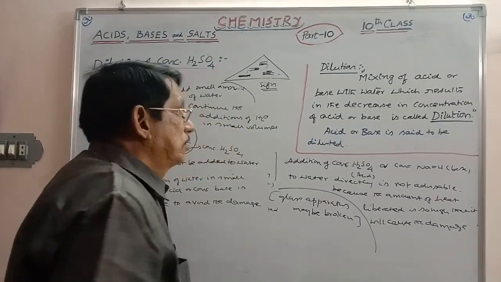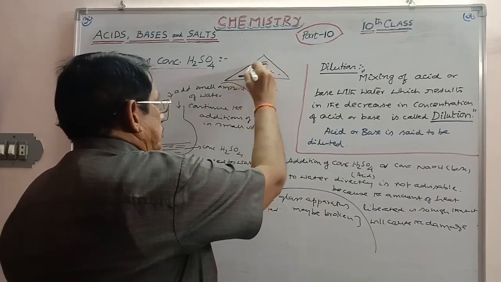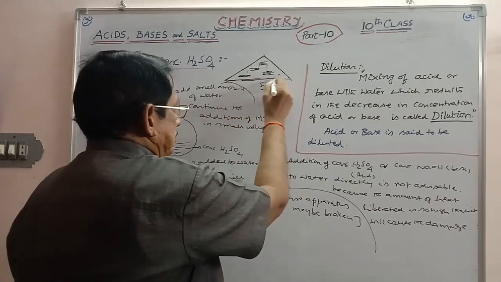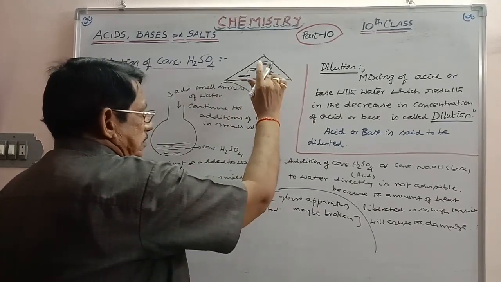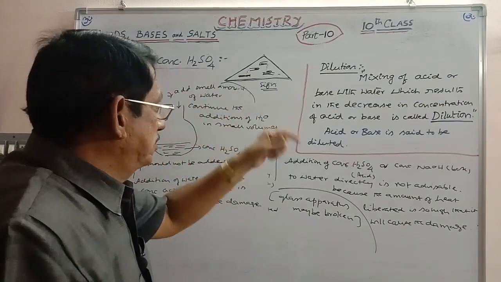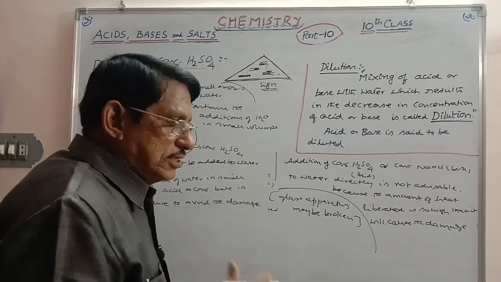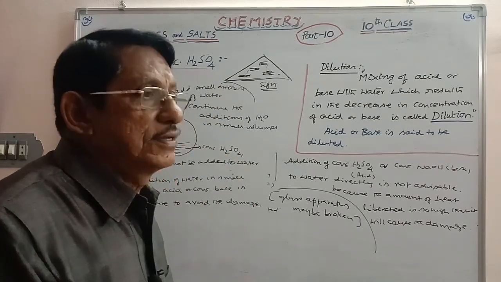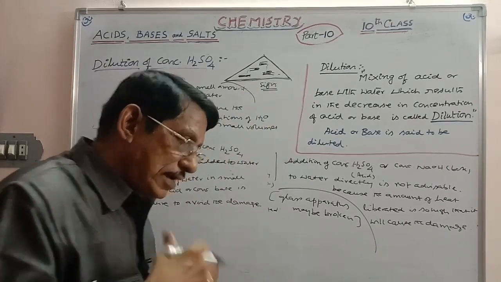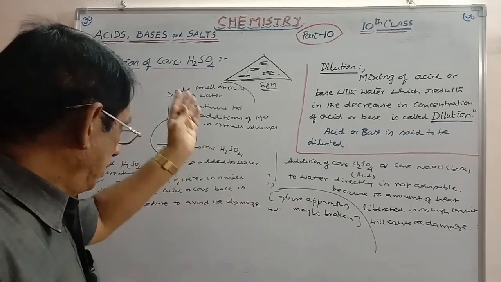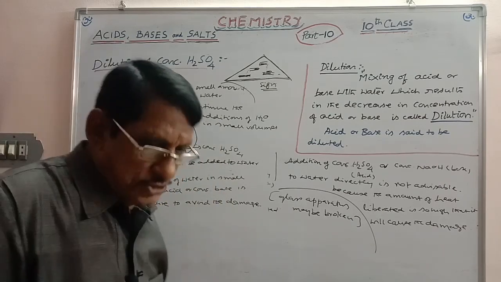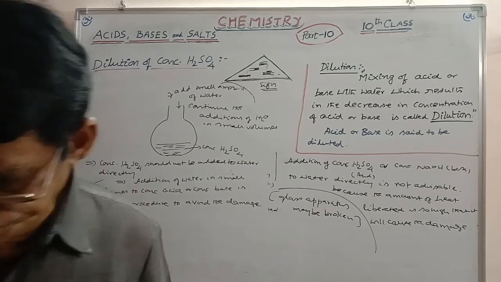This is the sign that is present on the bottles or containers containing concentrated acid or concentrated base. Every sign will be given on every bottle whenever there is a danger, and you have to follow that sign. According to that, you have to follow this procedure of dilution. Okay, please note it. One more we will consider.